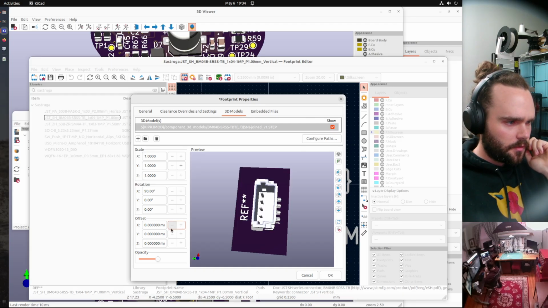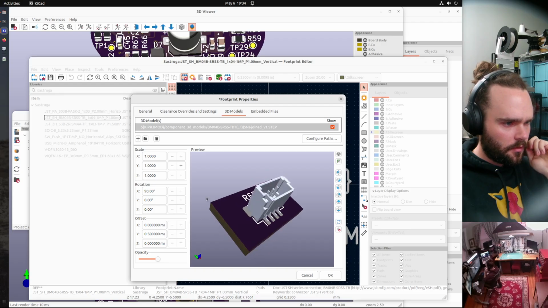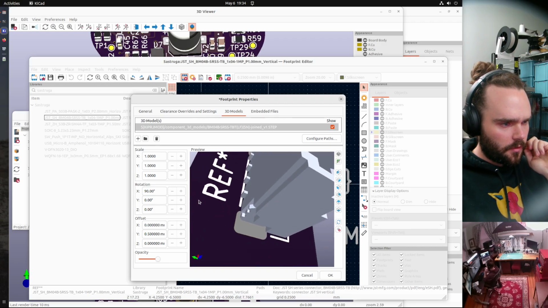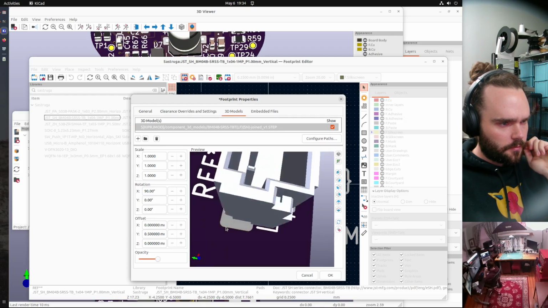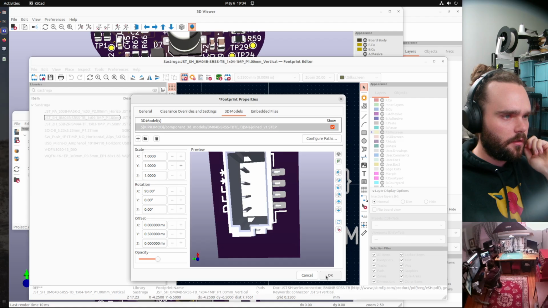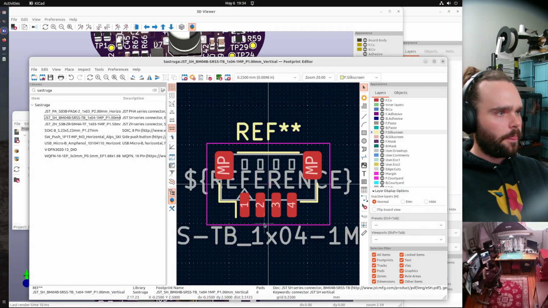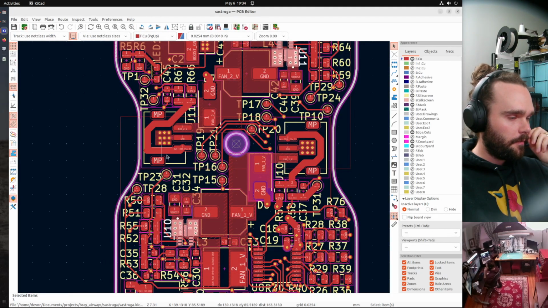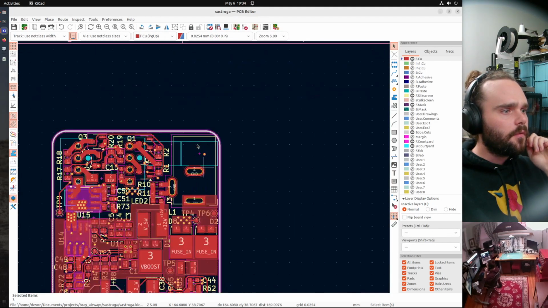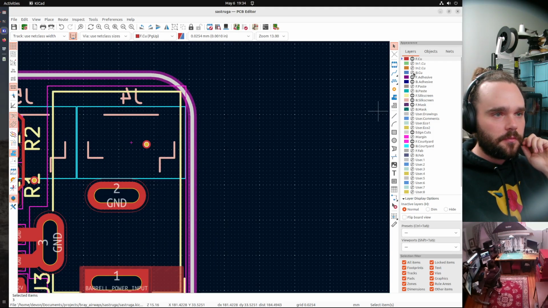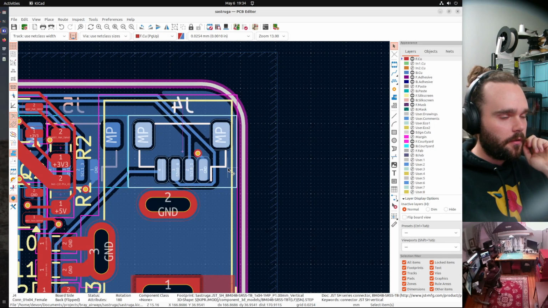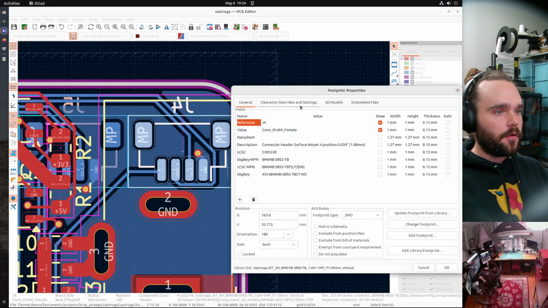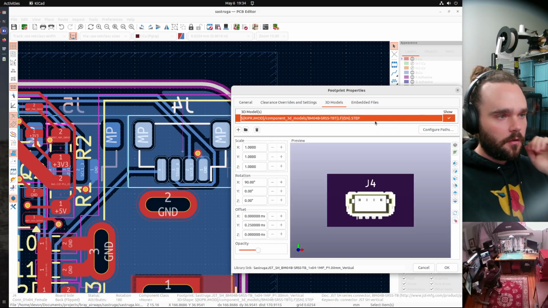So we're gonna offset this a little bit. Actually, 0.5 millimeter. It looks pretty good. Alright, I'm calling that good. Save this. Exit the footprint editor. Now I have to go back into PCB editor. And the parts are on the back of the board. Bro, I must seem so smart right now. I'm whipping around. But the only reason is that I've been suffering through figuring this out for a few hours now.